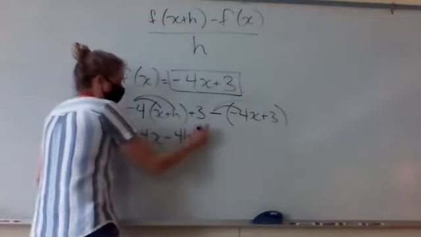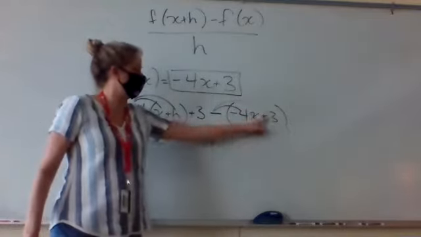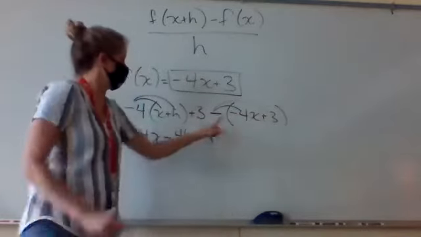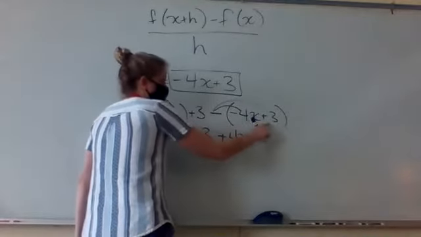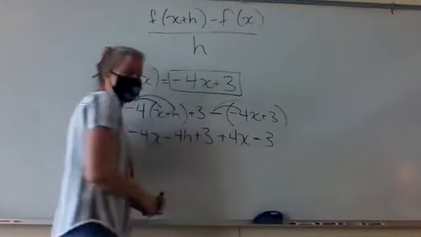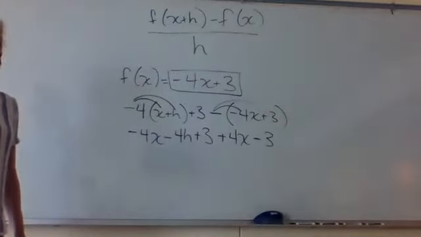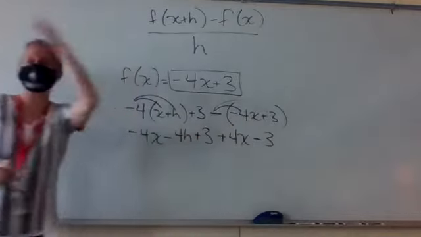Bring down my +3. What is distributing this negative going to do to everything in there? Change their signs, right? Negative times a negative just turns that to +4x. Negative times a positive turns that to -3. Now remember, distributing that negative, what it's doing is it's turning these signs to where they're actually going to cancel